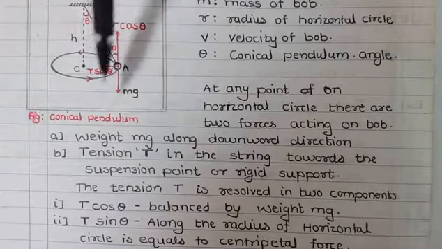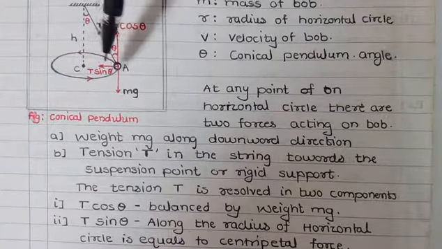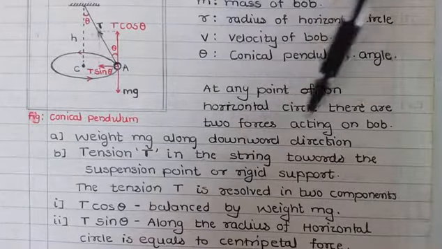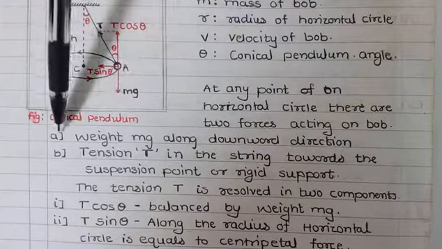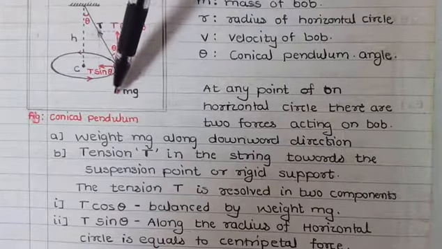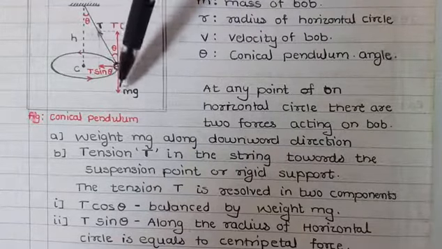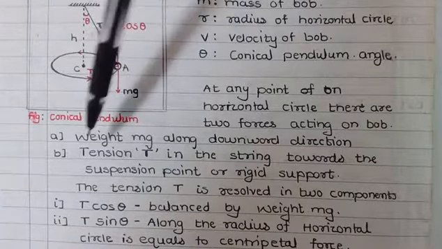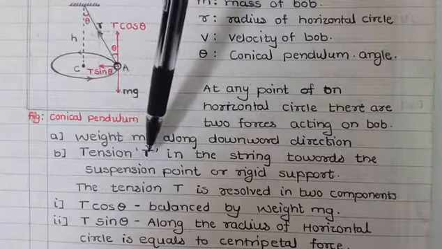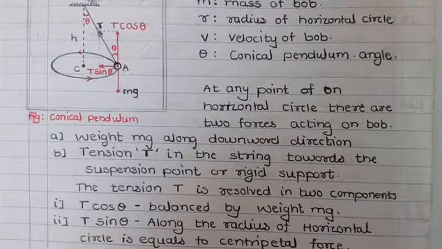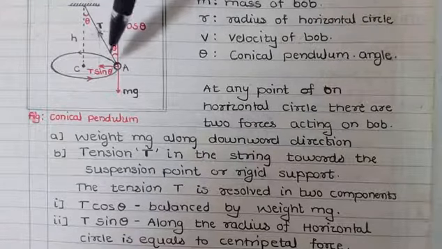Now, bob performing a horizontal circular motion. When this bob performing horizontal circular motion, then it is acted upon 2 forces. The first force is weight mg, weight of the bob mg vertically downward direction towards the center of the earth. Now, to balance the weight, there is a second force created, and this second force is nothing but the tension T, which is along the string towards the suspension point of the conical pendulum,